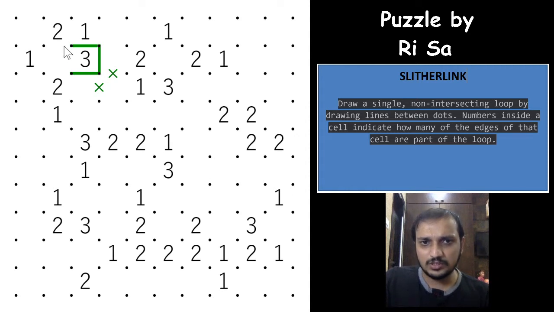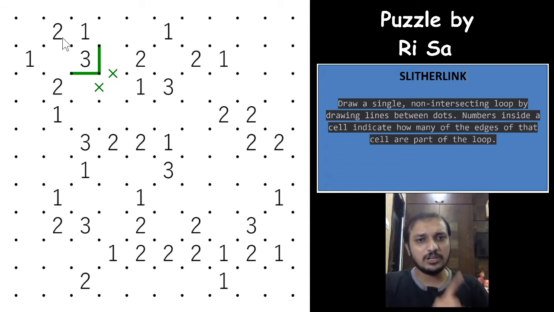So if it goes this way, this loop segment will start from here for the 2, or if it goes this way, this loop segment will start for the 2. So whatever be the case, this loop segment will have to stop here and start again for the 2, either this way or this way. So both of these can never be a loop segment, right? But at least one of these 2 edges will have to be a loop segment.